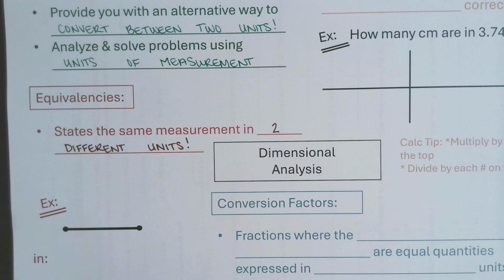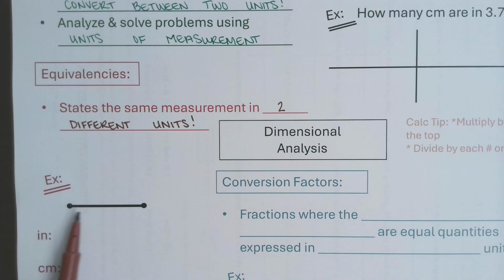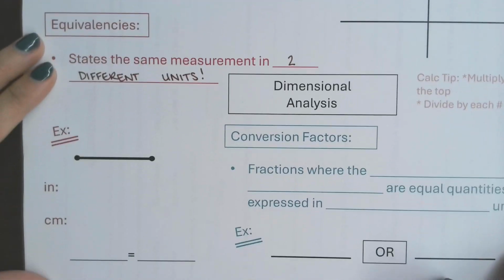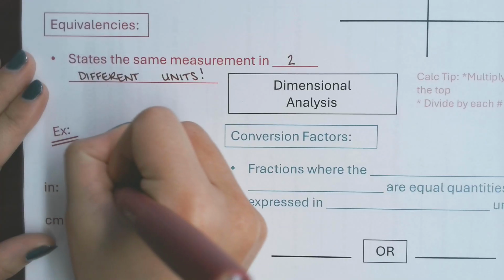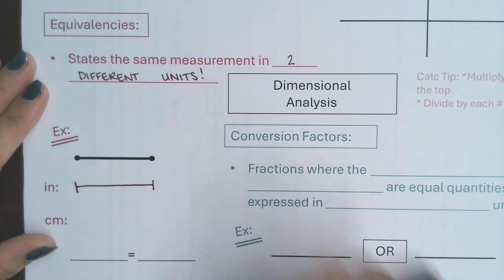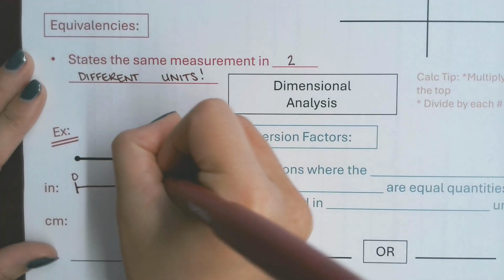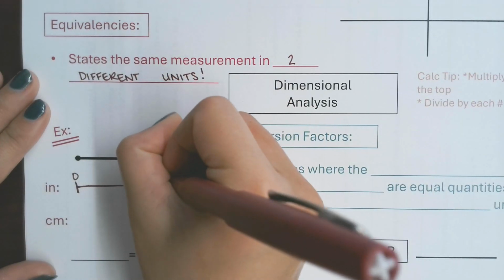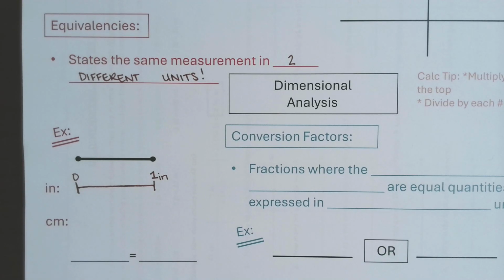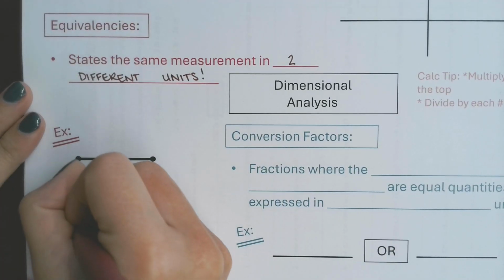Okay. Now, if we think about what that means, if we look here, I drew a line segment. If we got out our ruler and we wanted to measure that line segment, now this isn't going to be perfect, but let's say that this is 1 inch. So if we pulled out our ruler, going in inches from here to here, this was 0 and 1. Okay. So this is a 1-inch line. If you then flipped your ruler around and decided that you were going to measure the same line segment, but in centimeters,